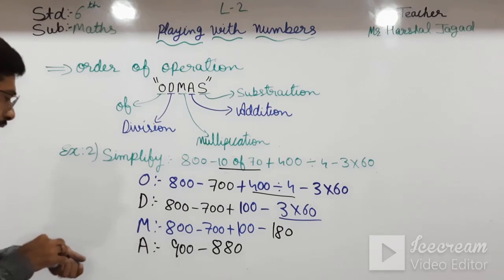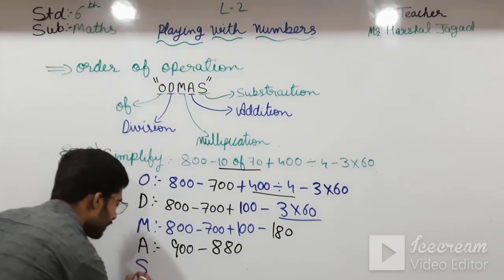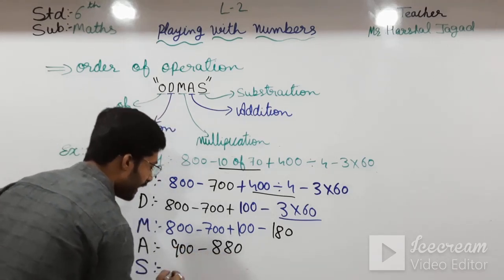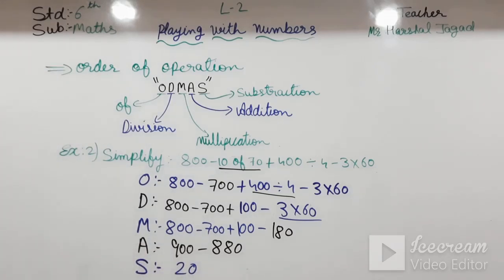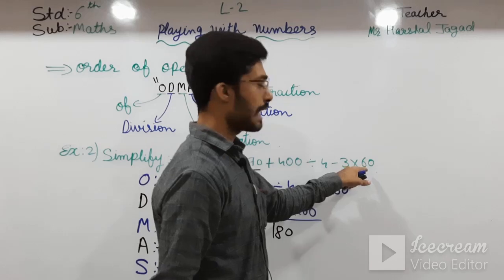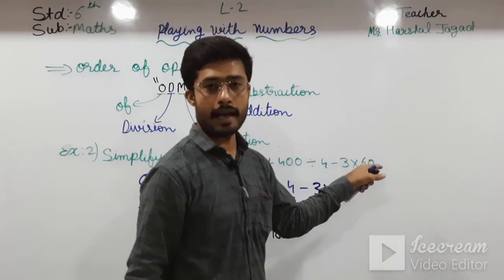Okay students, 880. Now it's time for subtraction, that is S. 900 minus 880, that is 20 is your answer. Okay students, please note down this. In previous calculation we have just taken 10 instead of 60, but we have taken 10. Okay students,